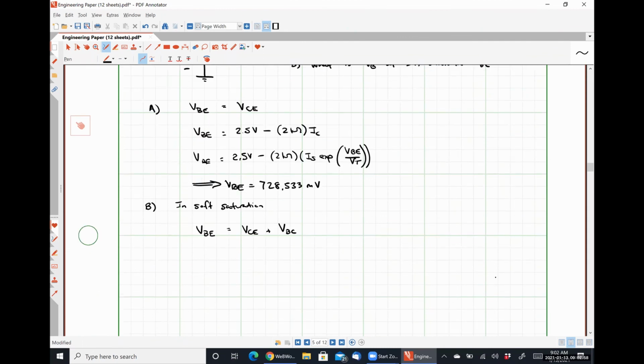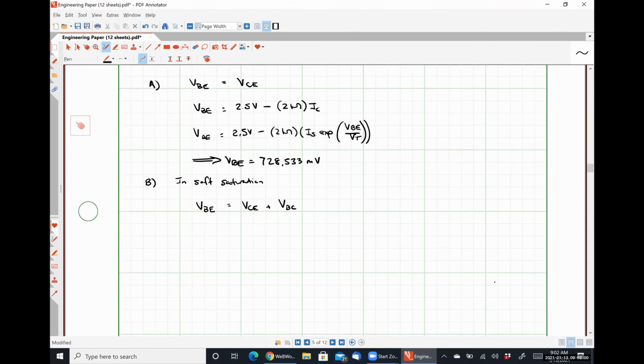And so this may not be intuitively obvious. But if we were to draw our large signal model here,